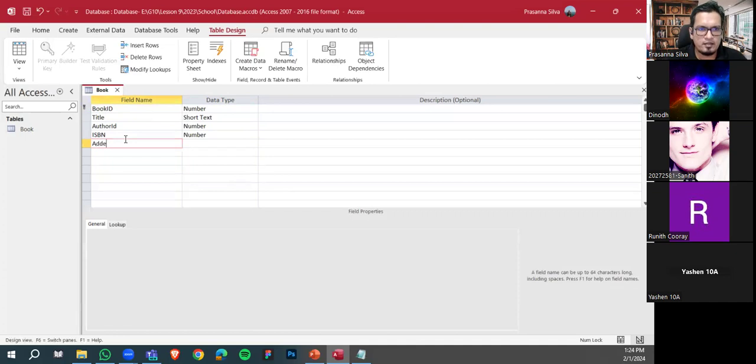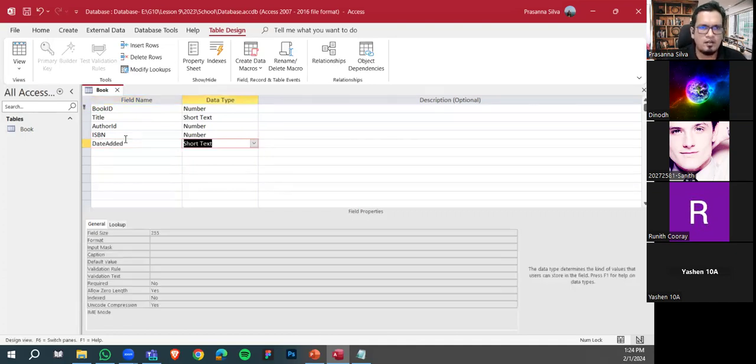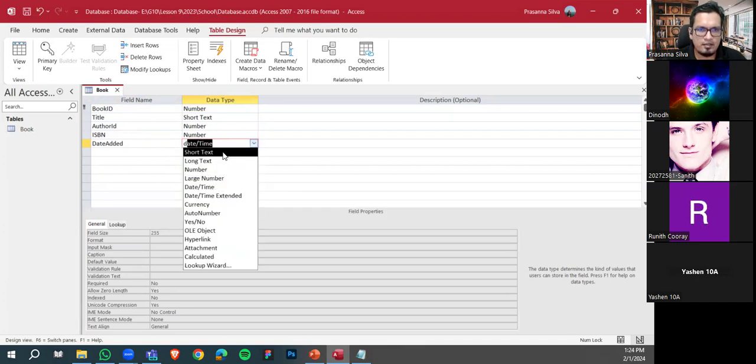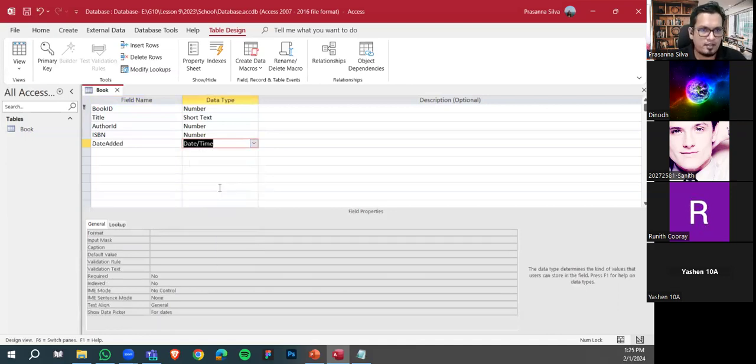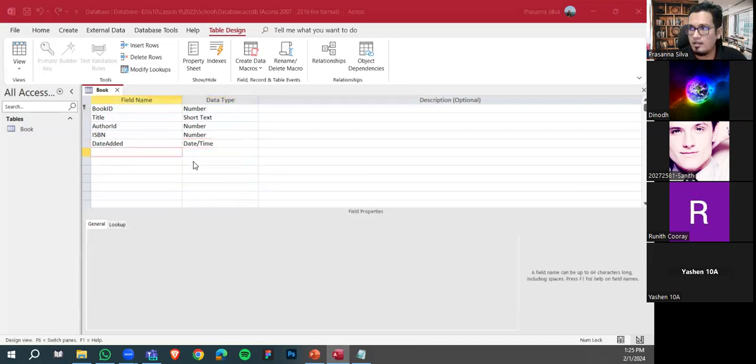ඊළඟට added date, නැත්නම් date added කියලා. මේ book එක library එකට අපි දැම්මේ කවද්ද කියන එක. So that's a date, right? එතකොට if you drop down, like select the data type, can see it doesn't have just a date field. It has a date time data type, right? And we have